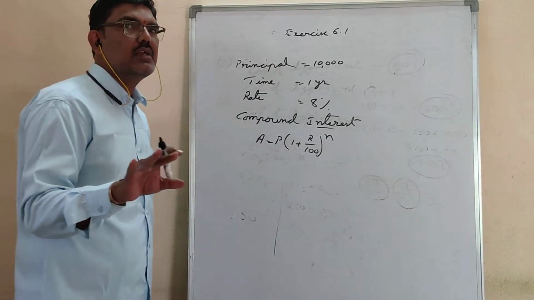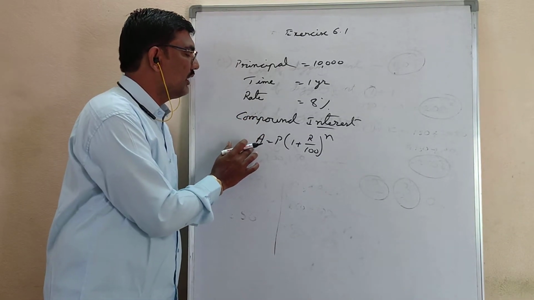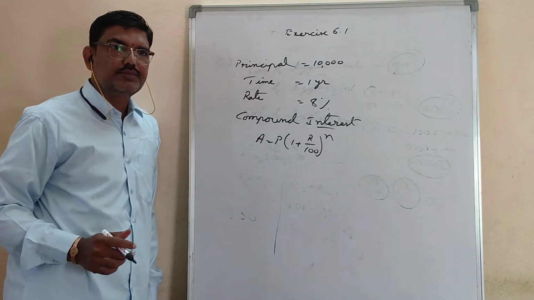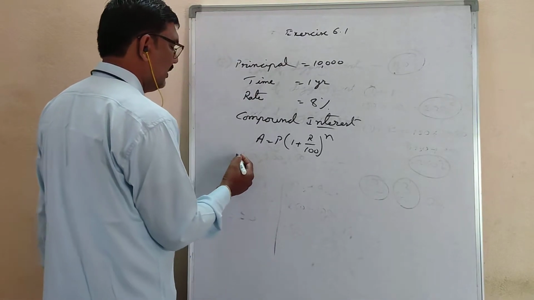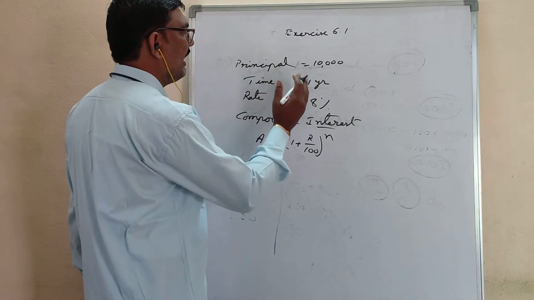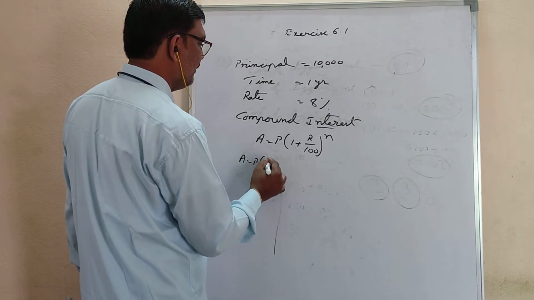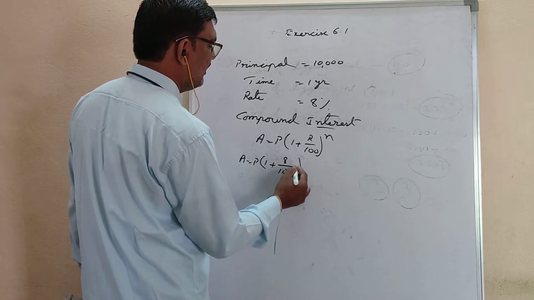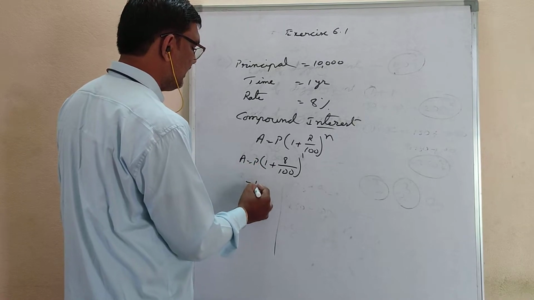Principal you already know. Now if you calculate by substituting all the values P, R, n in this, you will get the amount. That amount minus principal, if you do, compound interest will come. But he is not asking compound interest. He is asking amount. Amounts you have to write as a progression. So now if he kept 1 year, A is equal to P into 1 plus R, here 8 by 100, whole power 1. P means again 10,000.